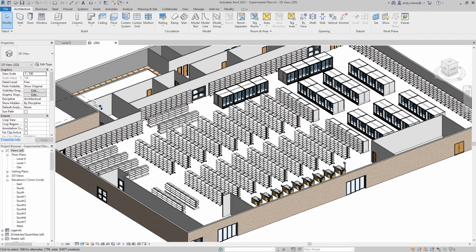So we have a layout here of a fairly typical supermarket, and I want to concentrate on the movement of people in this center section. People will arrive through these doors here, they'll mill around in this main display area up into the frozen section, backwards and forwards until they have everything they need. Then they'll file down through the checkouts and eventually they'll come out. So let's move into mobility simulation and see what we can do there.